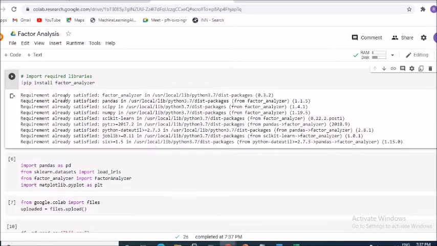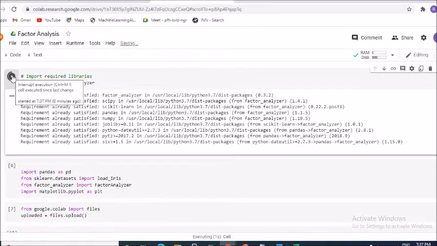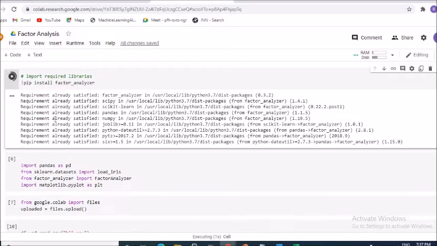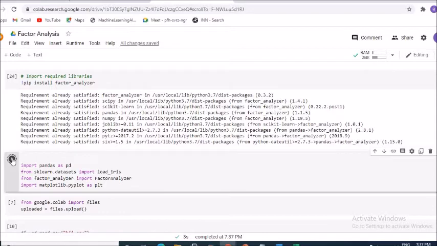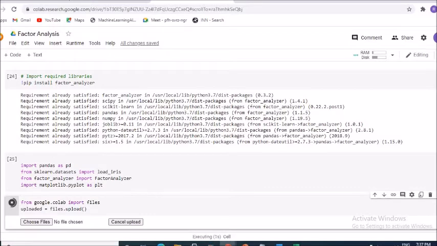Because it's a CSV file, we would write the instruction pd.read_csv, with the name of our Excel sheet, BFI, in CSV format. That is what we have attached.